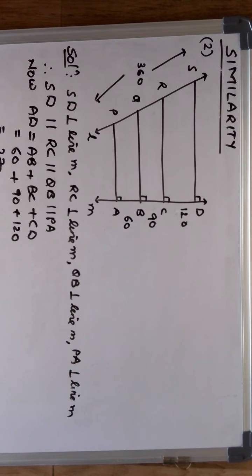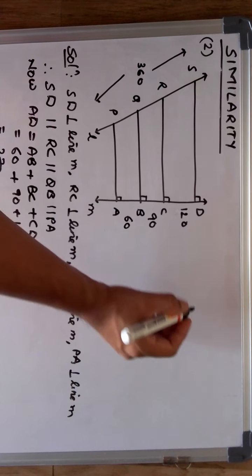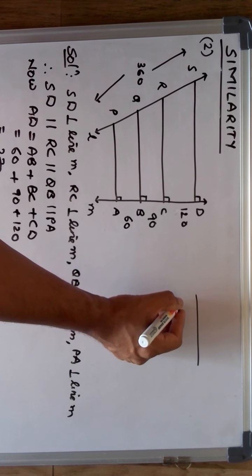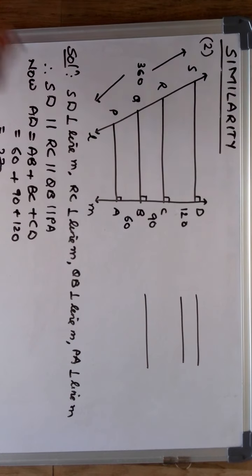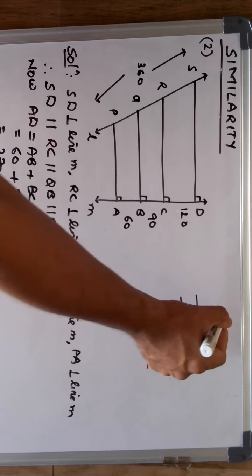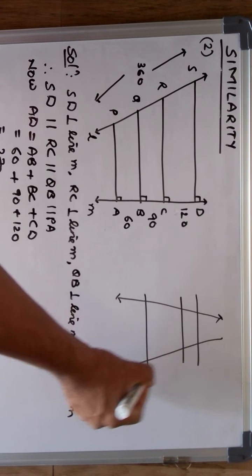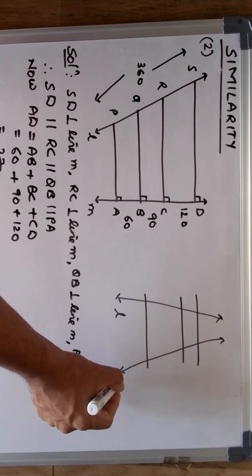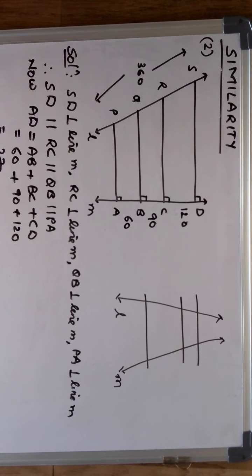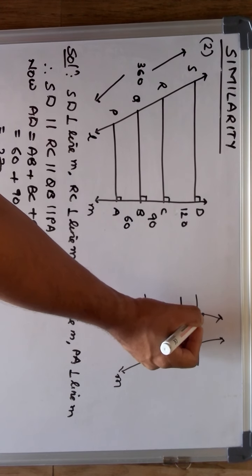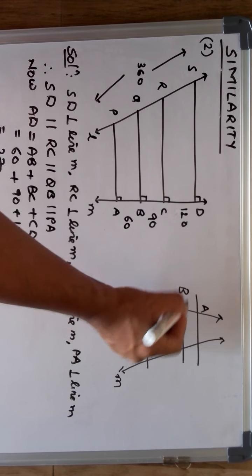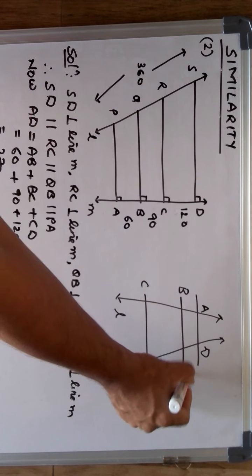So how do I link this? For this, I will take help of one of the theorems, which is actually a direct application of the basic proportionality theorem. What it says: if there are three parallel lines, see how I am drawing it, these three parallel lines are there and they are intersected by one transversal, and another transversal. See, I have taken care that I have not drawn the transversals parallel to each other. Then they intersect at points A, suppose B, C, D, E and F.